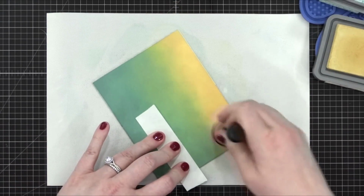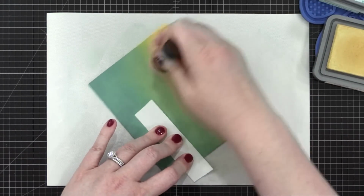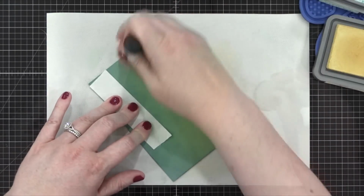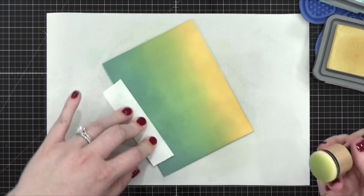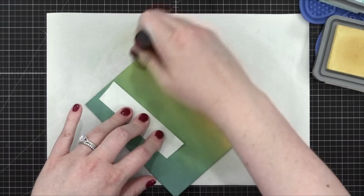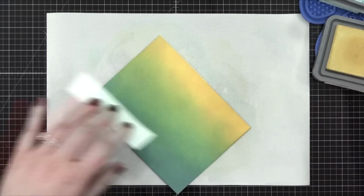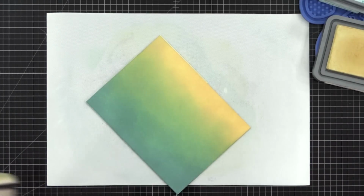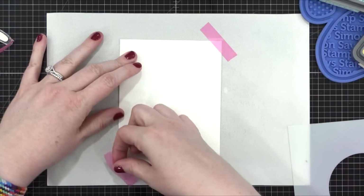And like I did on the last blended piece, I'm going back and forth between the 2 colors. So I started with that Scattered Straw, went to Evergreen BOUGH, and then went back to Scattered Straw. And Distress Oxide inks are great for this type of blending because you can walk the colors back if you need to. So I'm going to set this card aside, and for my third blending piece, I'm actually going to